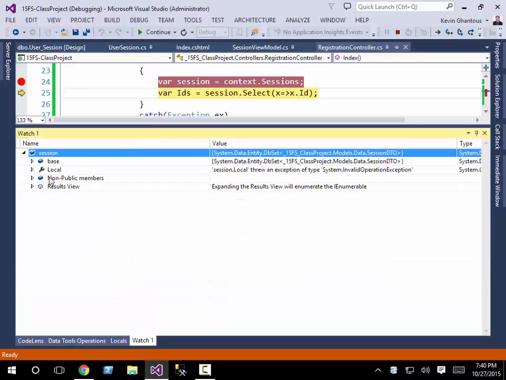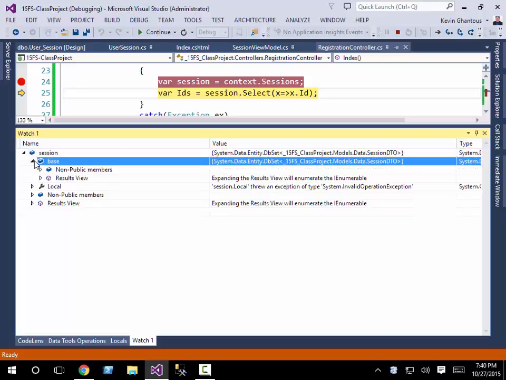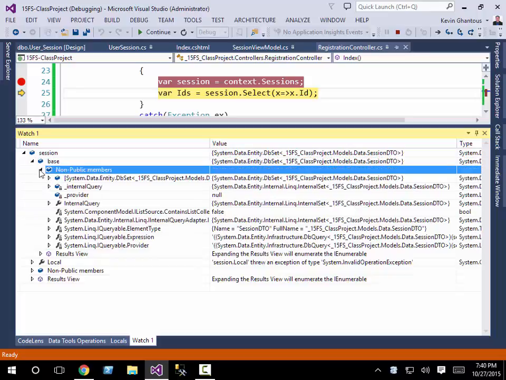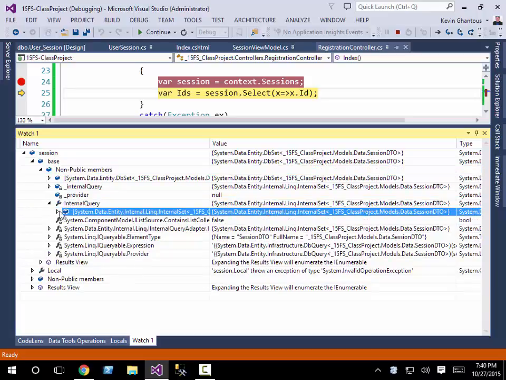So if we spin open session, and you actually can do this, you can dig into these objects within the .NET framework. This is something that comes out of Entity Framework. We have no access to the source code, but we can actually drill into these objects and look at them. We can even get into the private members, what actually makes it tick. So if we look at the internal query,